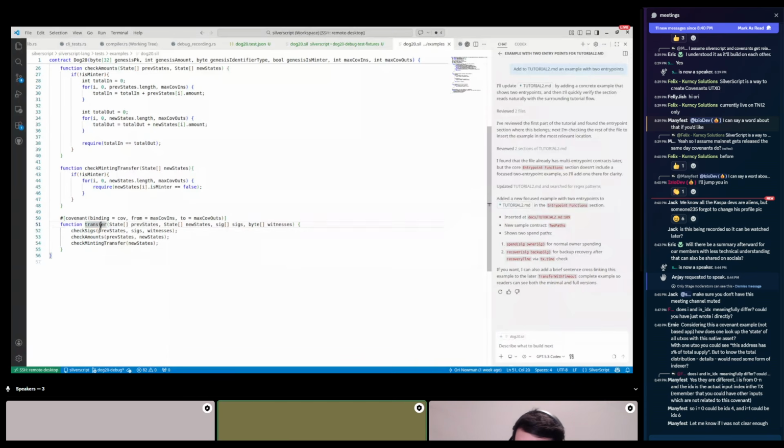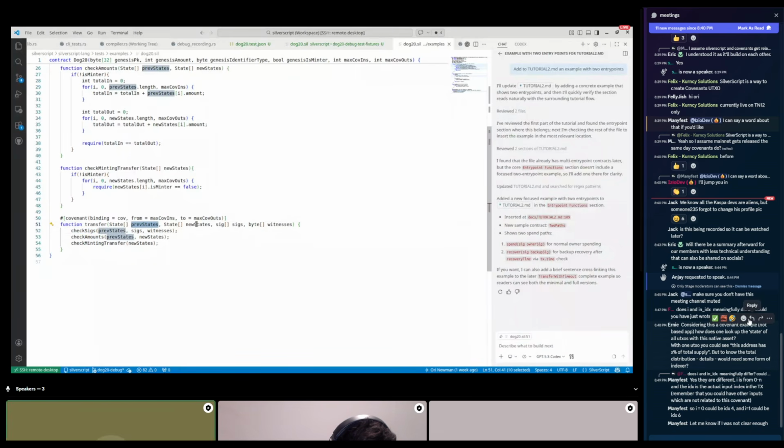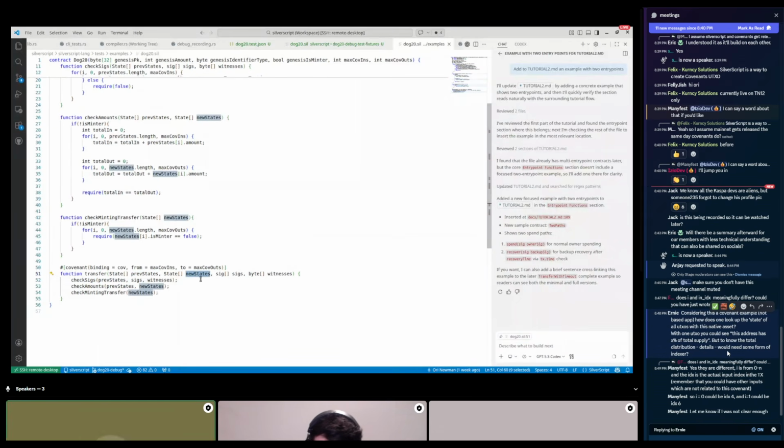So this is the main entry point, the transfer. As you can see, it first gets the previous state and the new state as parameters, and it validates the state transition.